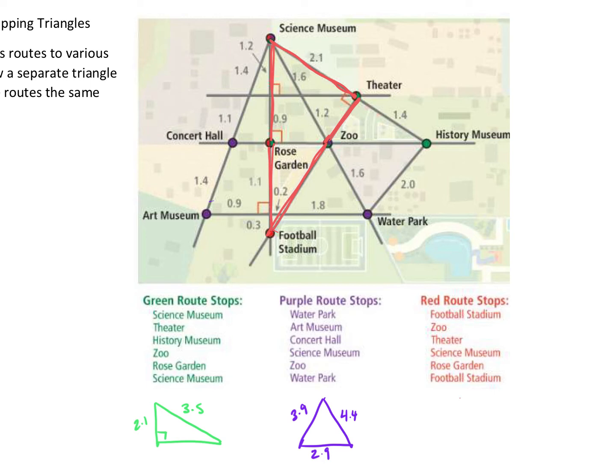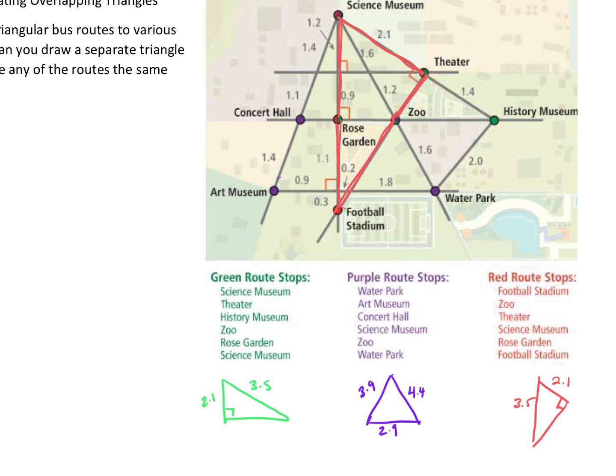This one looks like from here to here. Maybe not quite that far. And then to here. We have a right angle in this one. And those distances, we have a 2.1. If we add up these segments going straight down, that's going to give us 3.5. And the third side from here to here, well, we don't know what those are. Okay, so now that we understand what's happening in the picture and we have some more detailed routes with distances below,